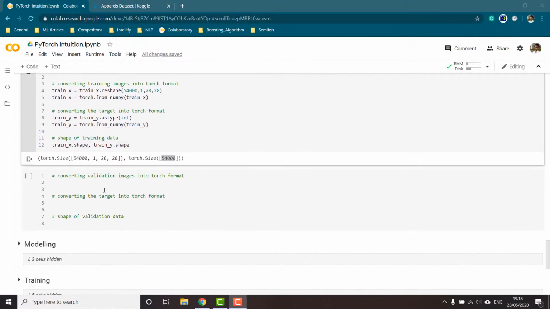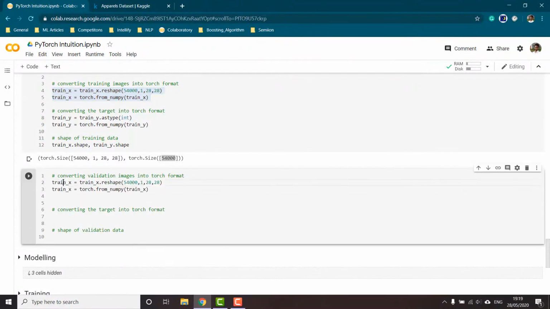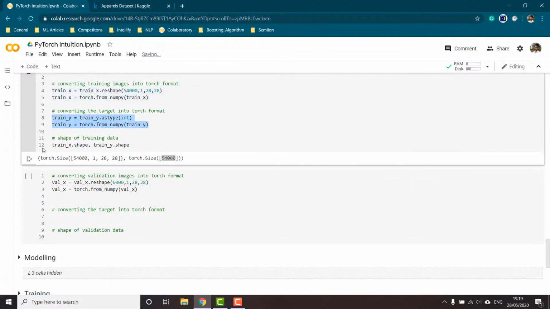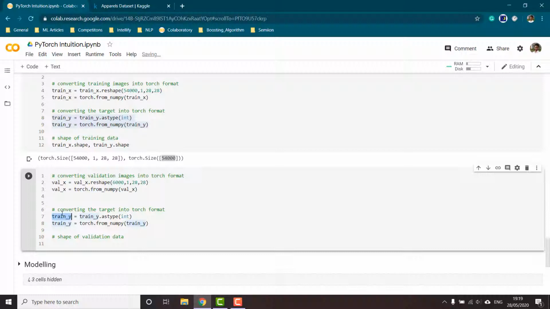In a similar way, we are going to convert our validation data into torch format. So I'm just going to copy this and paste it over here. Instead of train x, we have validation x. And since we have 6,000 validation images, I'm just going to write 6,000 here. And then in train y, I'm just going to replace it with validation y.